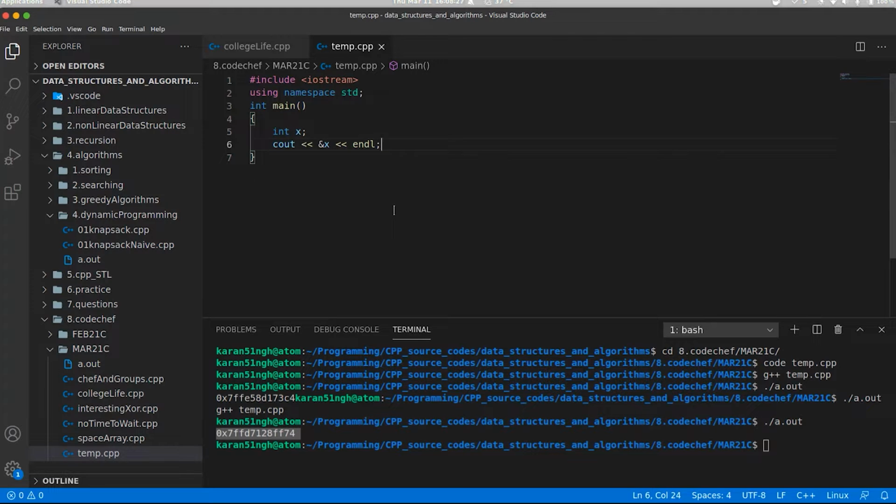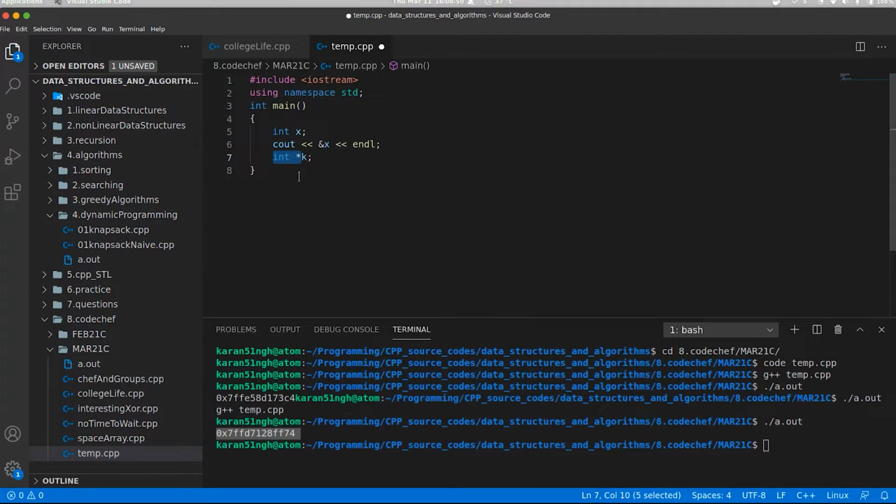Let's say I declare a variable int star k. What is the meaning of int star? Int star means that k is a variable that can store addresses of variables that are of integer type. Let me put that more clearly.